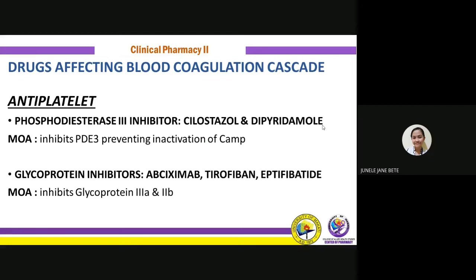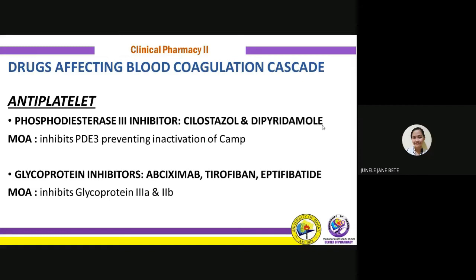And cyclic adenosine monophosphate is important in inhibition of platelet activation. So when phosphodiesterase 3 is inhibited, there is increased level of cyclic adenosine monophosphate, thereby also increasing the inhibition of